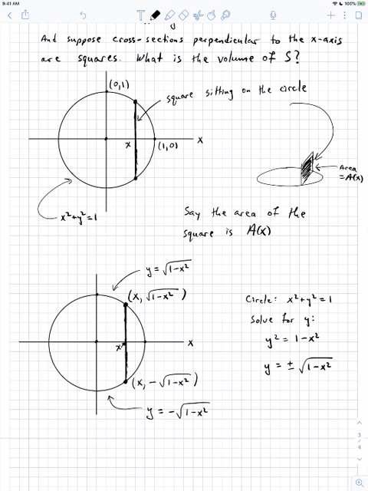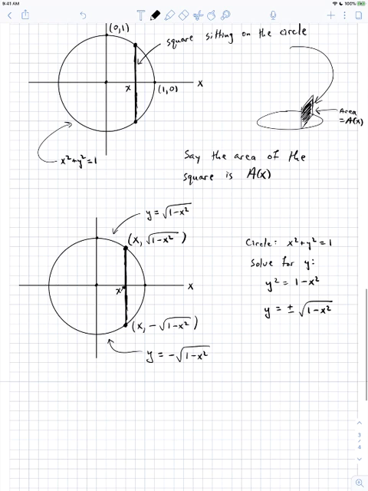Now the base of this square is the distance from one point to the other. It's the distance from this point to this point, this length. Now they both have the same x value. This is a vertical line. So if you want to find the distance from one point to another, it's just the difference between the two y values. So what that tells me, if I call this L for the length of the square, L is